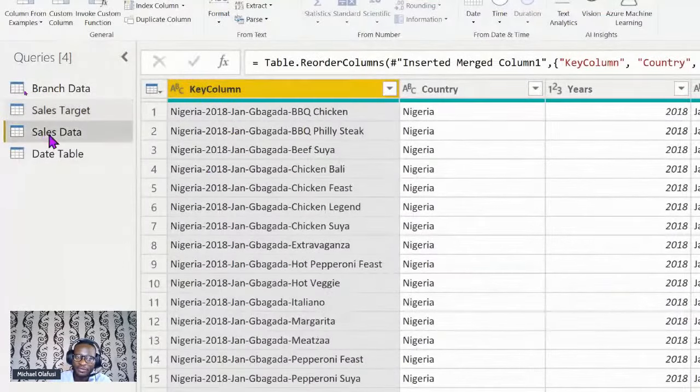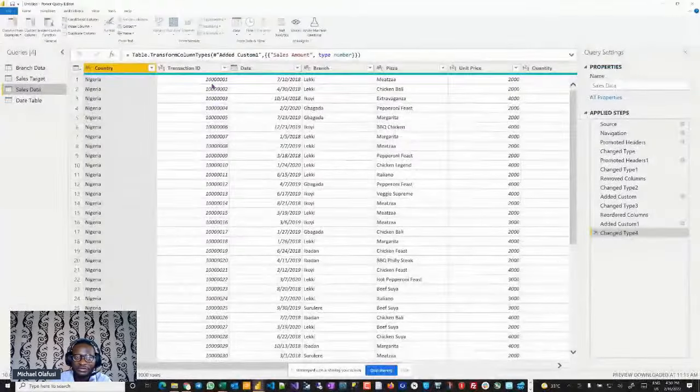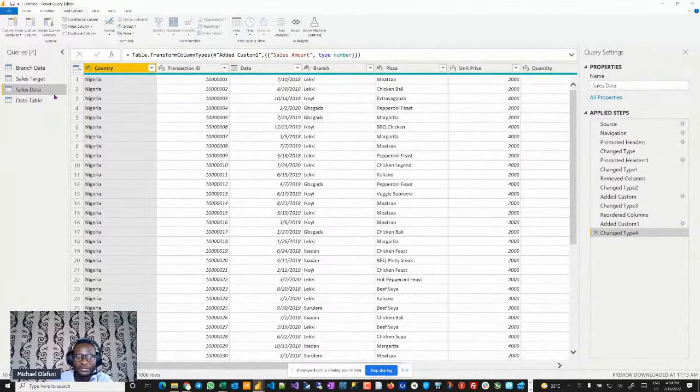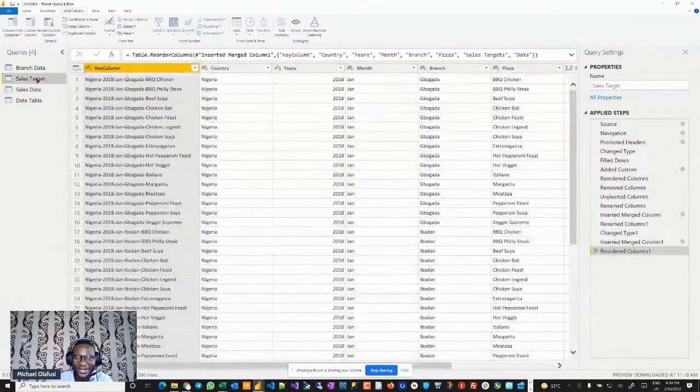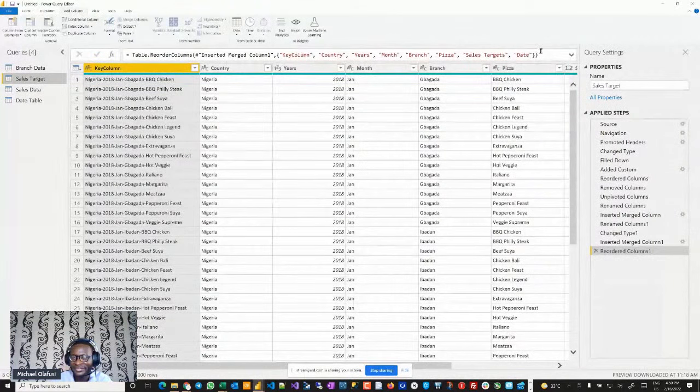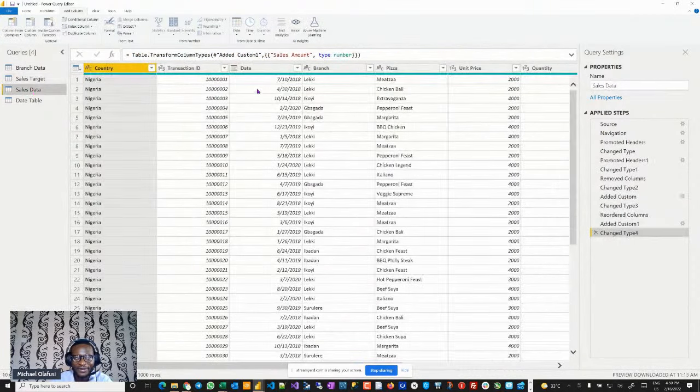I'm going to need to do likewise here. So to save myself time, I can copy what I have here, come over here, and create a new column. I can just right click here and add a step.